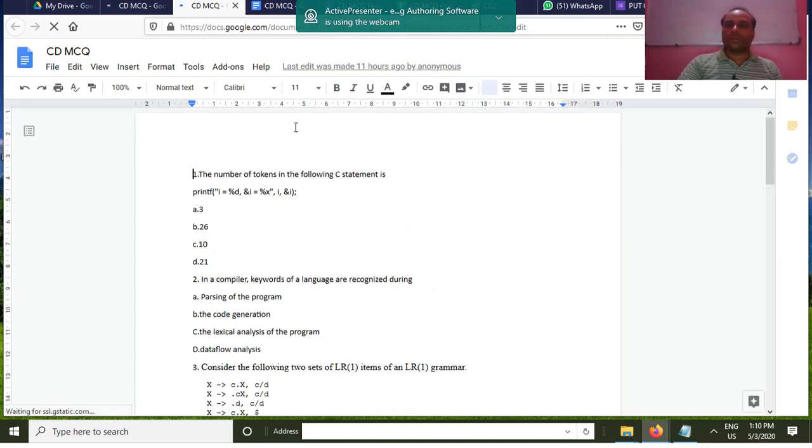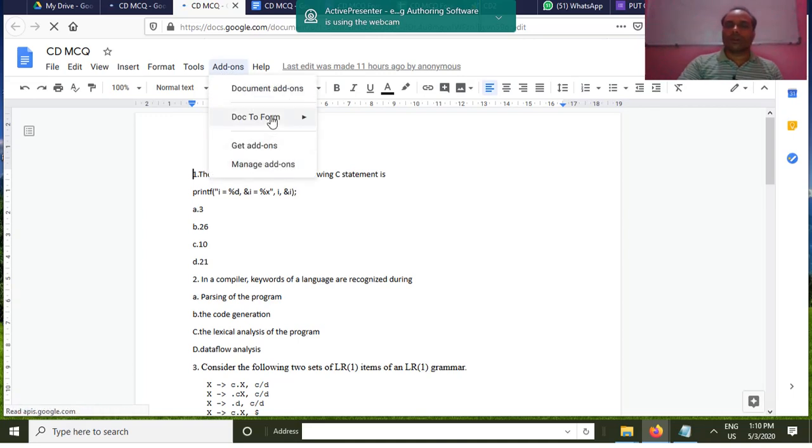Now from this you can create the Google Form. You need not go to Google Form creation directly. From this particular Google Doc, after importing these questions, you can create the Google Form. For that, go to tools. Beside the tools, one more option is there, add-ons. Click the add-ons.